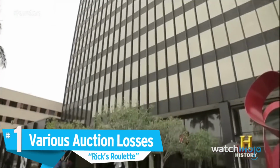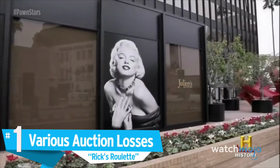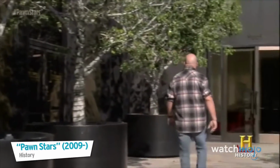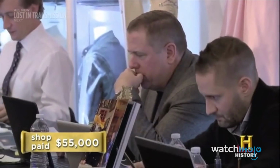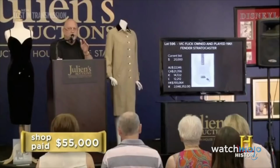Number 1, various auction losses. When the Pawn Stars can't flip an item in a reasonable amount of time, it gets sent to auction. This trip is all about making money, so what better place to do it than Hollywood? This is what happened with Vic Flick's aforementioned guitar, but it wasn't the only item that failed to turn a profit. Any other bids going once at